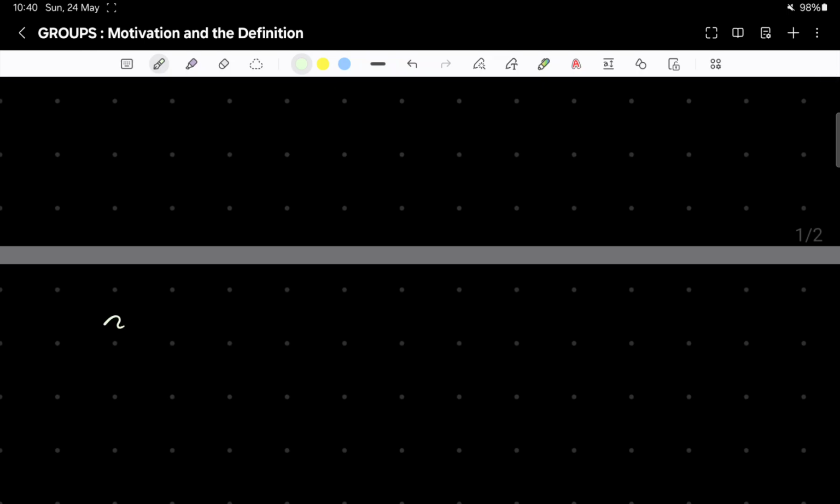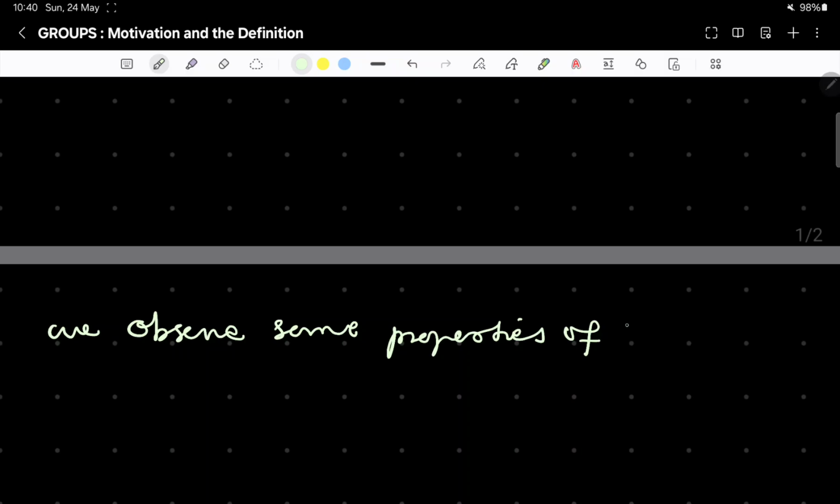So we observe some properties of integers. What is integers? This is plus or minus 1, plus or minus 2, to infinity. We don't know what is going on with infinity. Okay, so that is Z, and we observe some properties of Z and try to define